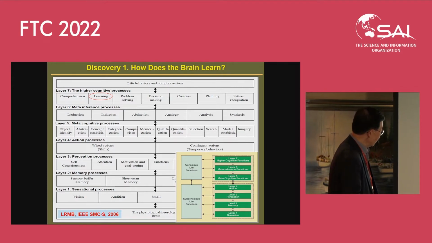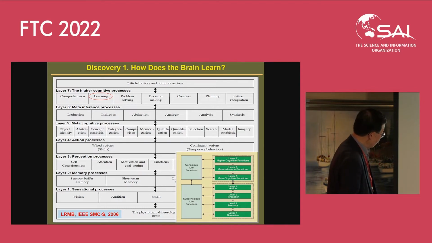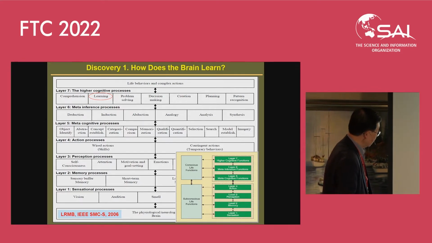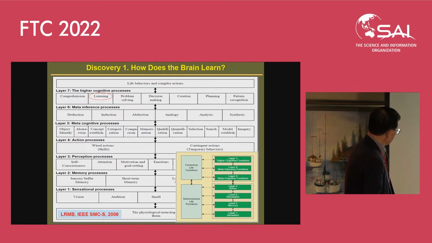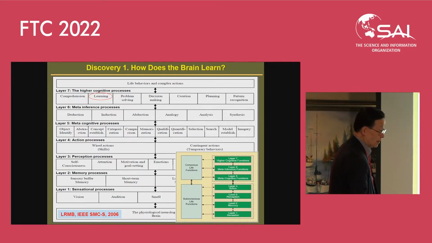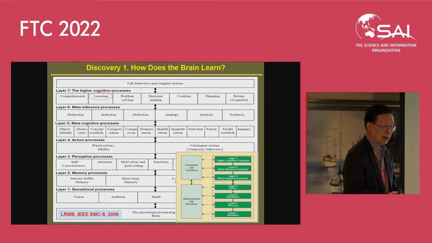This is ready once a new baby is born. But the higher three levels are our apps, human apps. It's built on the operating system of the brain, but they are doing reasoning, learning, and problem solving at the three higher layers. So you say learning actually is only one of the higher layer capabilities in our everyday life.